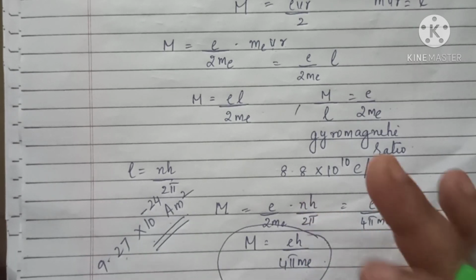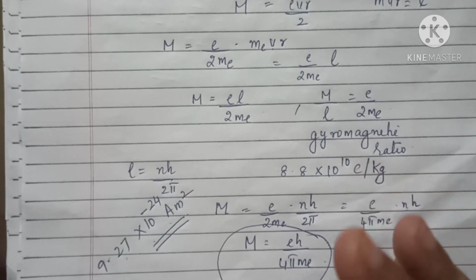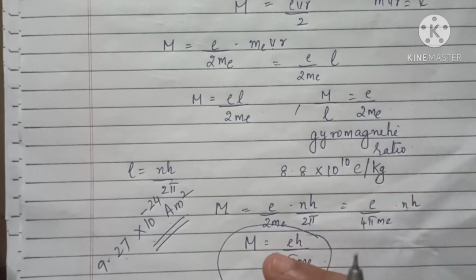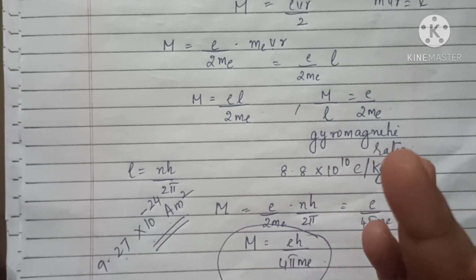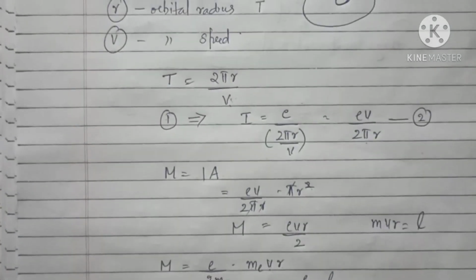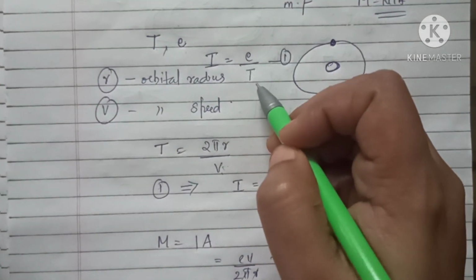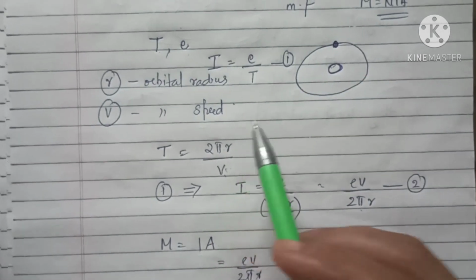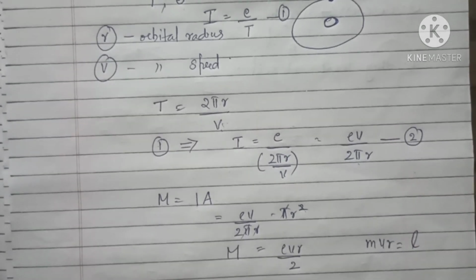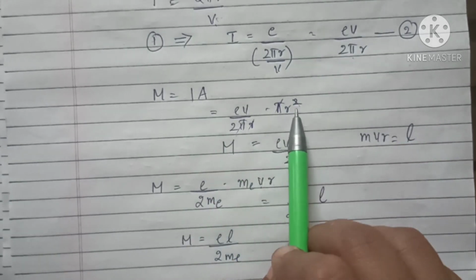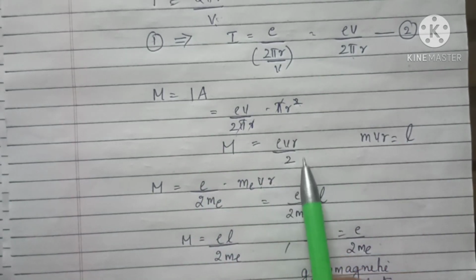So this question is very important. We are expressing the magnetic dipole moment of a revolving electron, which we call the Bohr's magneton. So if asked to derive an expression for Bohr's magneton, you have to start from the expression for current, that is I equal to e by T, where e is the charge of electron and T is the time period. Then for time period we use the expression 2 pi r by v, substituting there and simplifying. Then take the expression for magnetic moment, I into A, put the values of I and A, and after simplification you will get evr by 2.